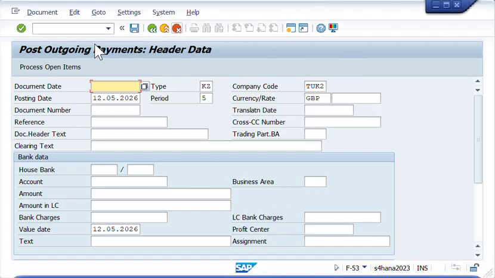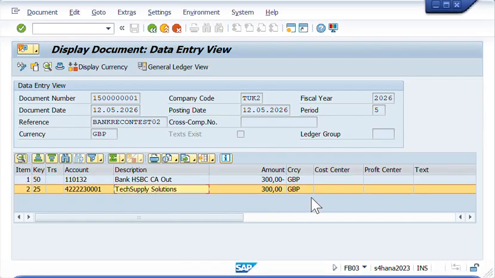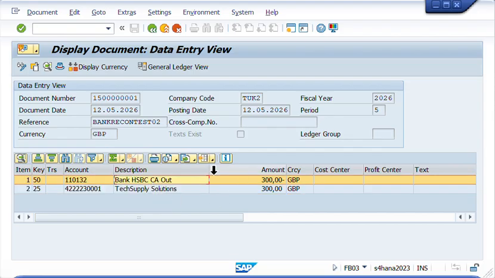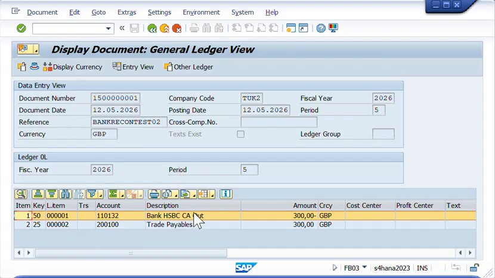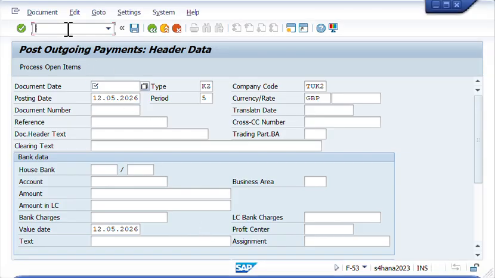And we can check out immediately our transaction by going to document menu and then display. Okay, that's correct. This is HSBC out and then our Tech Supply Solution was debited and credited our bank account to reduce the bank out. And let's check the general ledger view, and then that's correct. Bank out, and then the vendor is a trade payable. Okay, let's go back. So just before we do the bank reconciliation, let's check first the